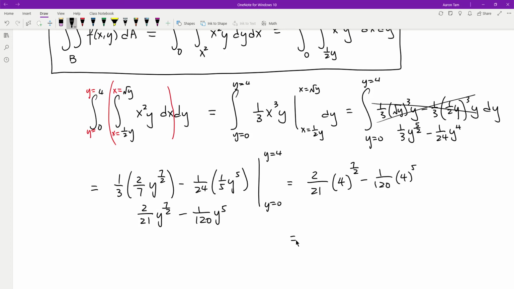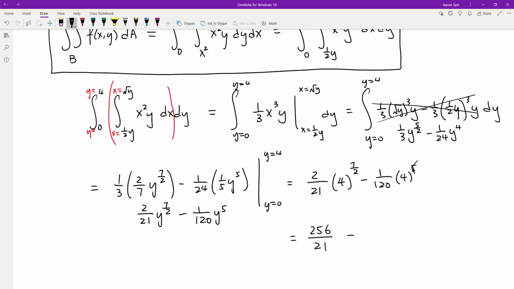So that seems to be 2 to the 7, because 4 to the 7/2 is 4 to the 1/2, which is 2, to the 7. So 2 to the 7, let's see, 2, 4, 8, 16, 32, 64, 128. So times 2 is 256. So it seems to me it is 256 over 21 minus